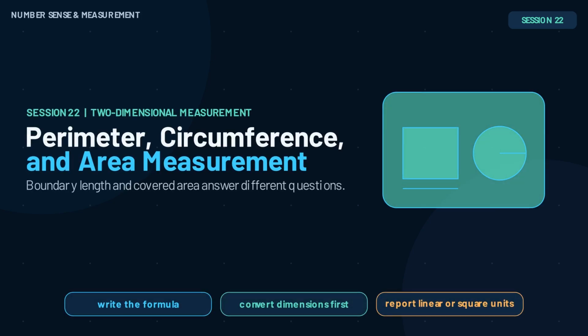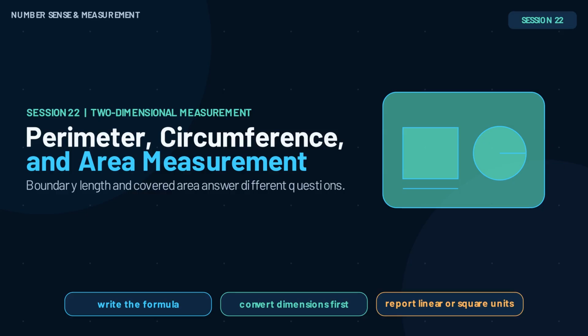Welcome to Session 22, Perimeter, Circumference, and Area Measurement. Perimeter and circumference measure boundary length, while area measures coverage. You will select formulas from meaning, keep dimensions in compatible units, convert square units correctly, and use unit type to